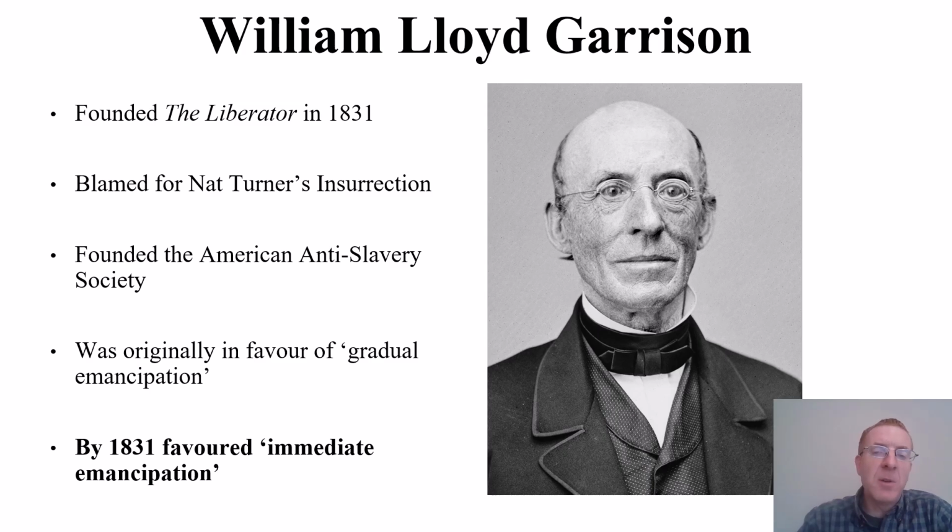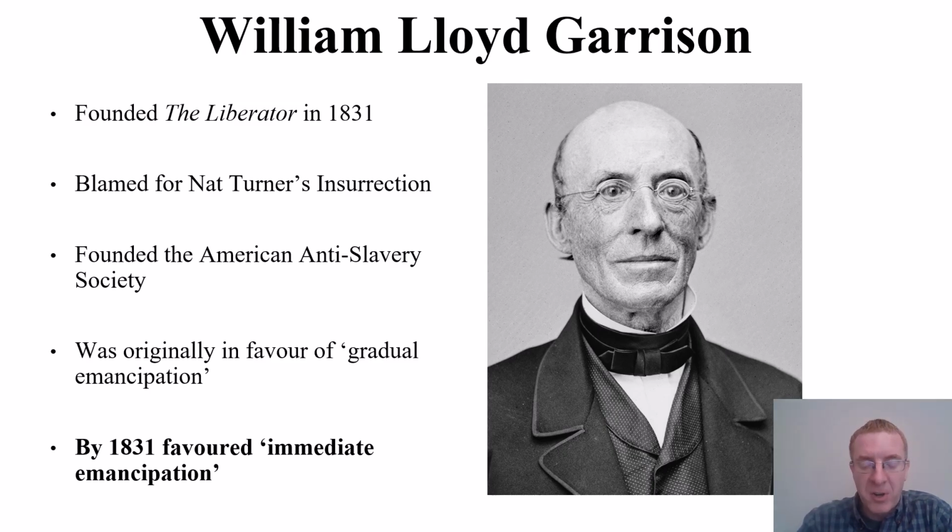Now, when we get to 1831, he's very clear that he does not think that the economic concerns should be addressed, that this is a moral crisis within the United States, and therefore it needs to be dealt with immediately. Slavery must be abolished immediately. Now, this was published shortly before Nat Turner's rebellion. Then Nat Turner's insurrection happened. Okay, so what's going to happen here is